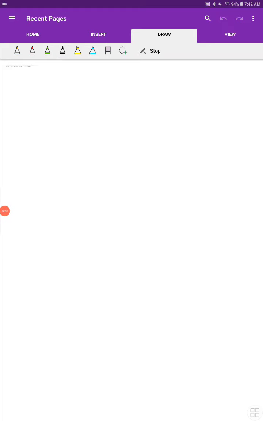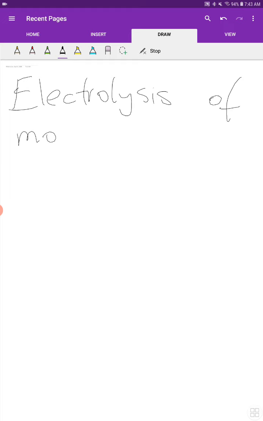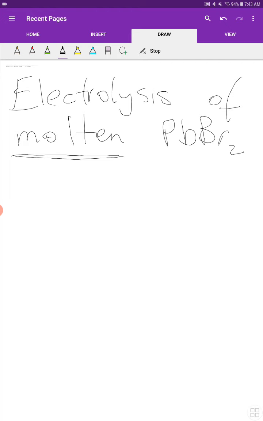Let's look at another example of the electrolysis of a molten electrolyte. Let's look at the electrolysis of molten lead bromide. Okay, so similar situation to what we were dealing with last time. And what you're going to find is that when you're dealing with molten electrolytes, the substance is usually a binary ionic